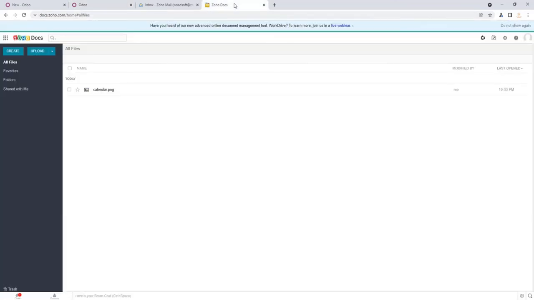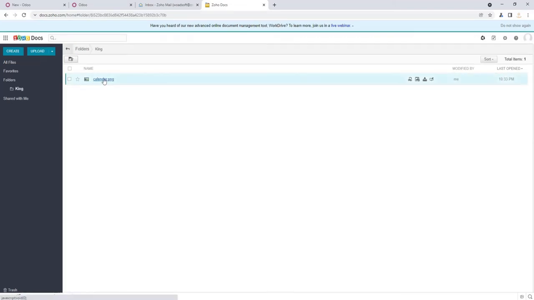Okay, so we can check Zoho Docs, and I already opened that. Okay, so as you can see, the file is already uploaded, and you can verify also from the folder name, and you can see the file is exported successfully from Odoo.